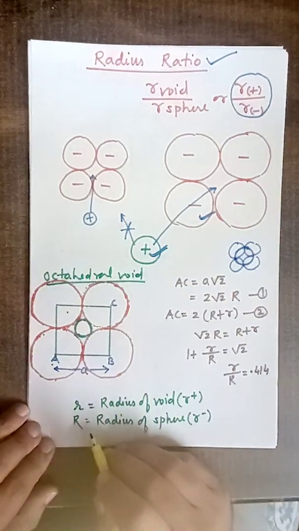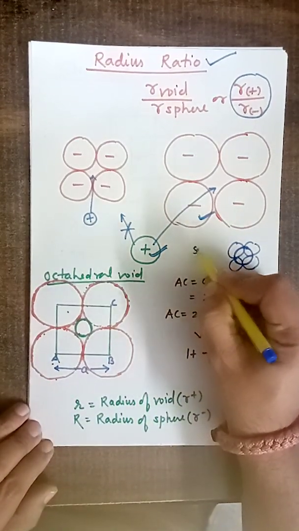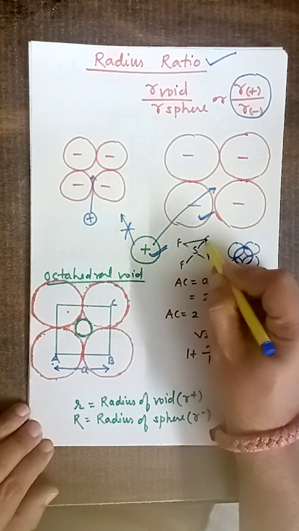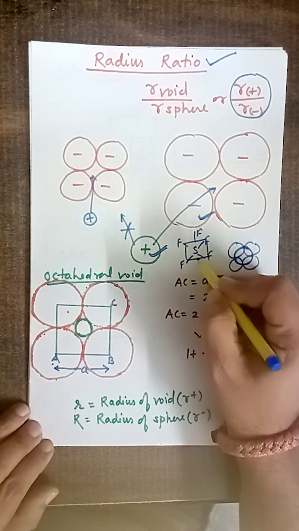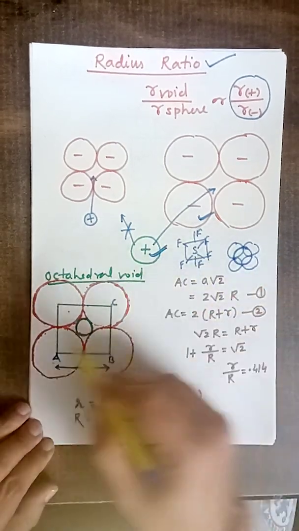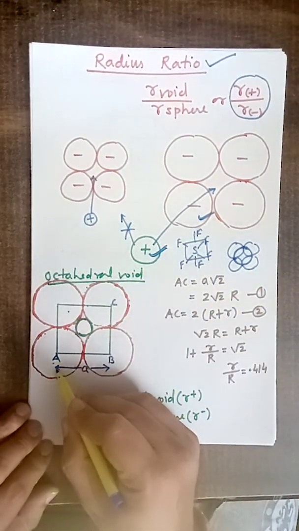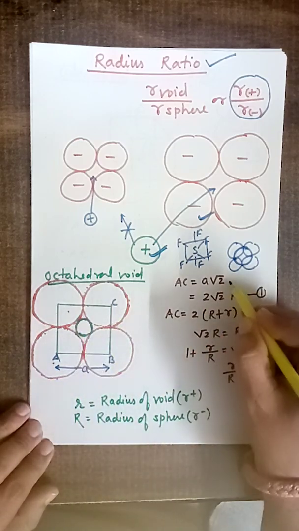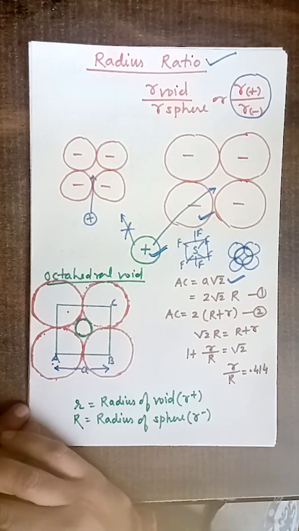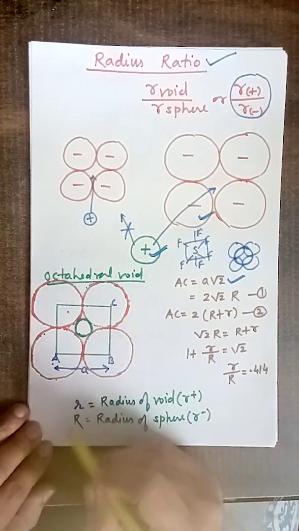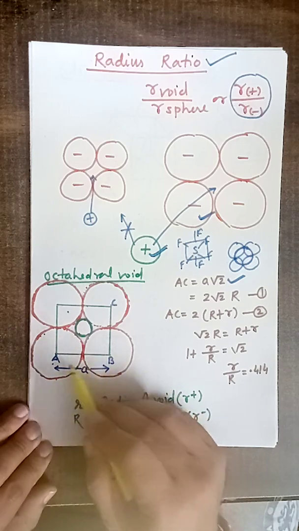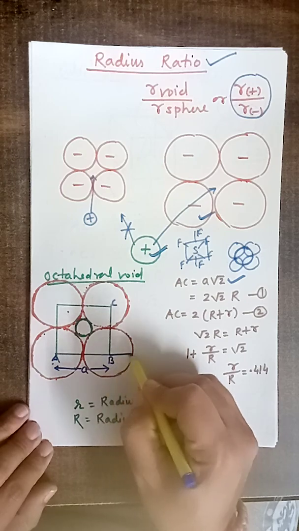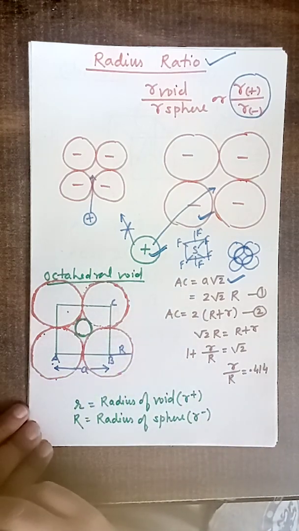Then it will be a perfect octahedral shape, as you have discussed about SF6 in class 11th. This is SF6, 4 particles in the same plane, one fluorine above it and one fluorine below it. So similarly here, this is the structure. Now let this be edge length a. So AC equals a root 2, as per Pythagoras theorem. Now this a is also equal to capital R, which is the radius of sphere, or you can say the radius of anion.